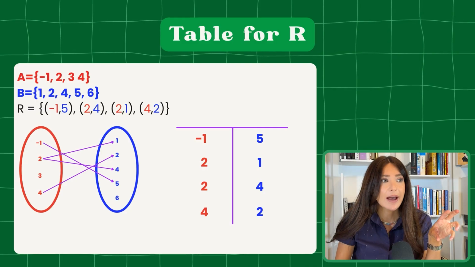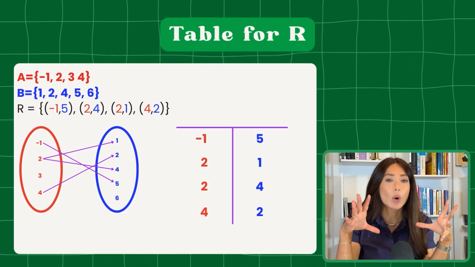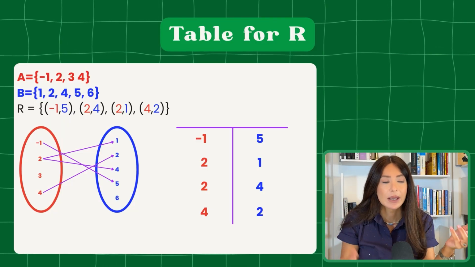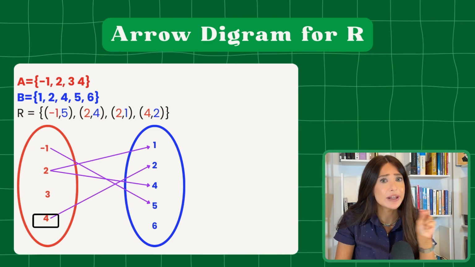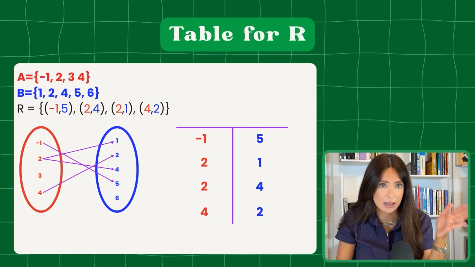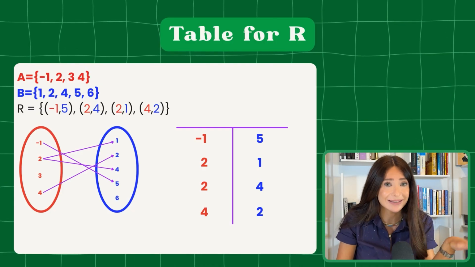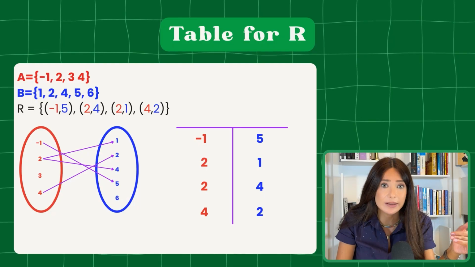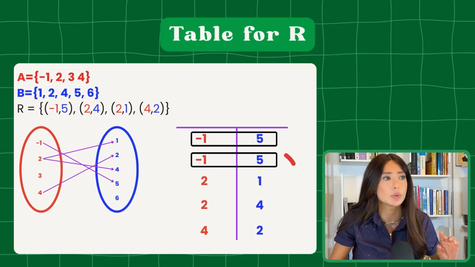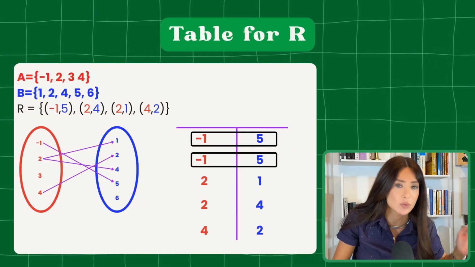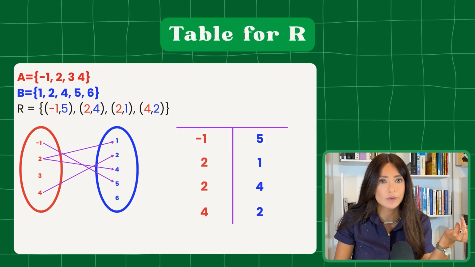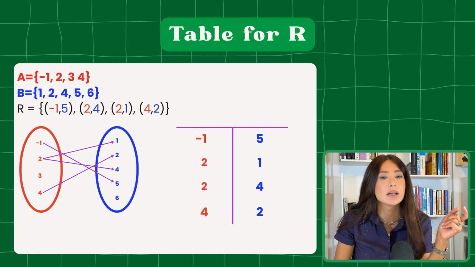Okay? Then the second graph is this T graph or table. And this just shows you who participated in the relation. The first graph, the bipartite graph, will never have a repeat because from the definition of a set, you don't have repeats. And every element is there once. But here, this is not listing out elements of A or B. This is listing out pairs that made it in the relation R. So you won't have a pair repeated. You will never have -1 and 5 and -1 and 5 twice. But you can have 2 from A and then 2 from A a second time because they're related with different numbers